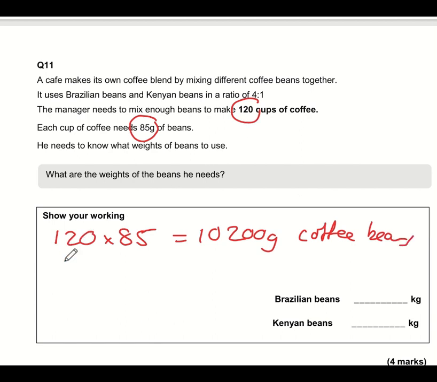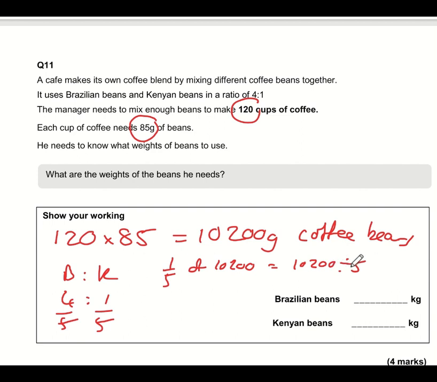Now the ratio is Brazilian to Kenyan, which is 4:1, so that means 4/5 are Brazilian, 1/5 is Kenyan, so we want 1/5 of 10,200, which is 10,200 divided by 5, and that comes to